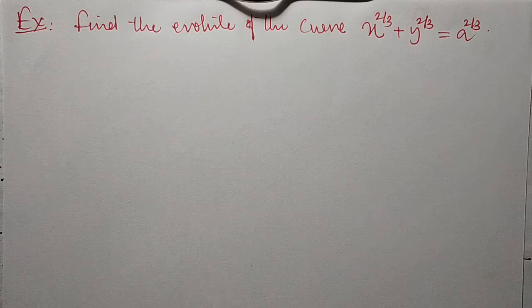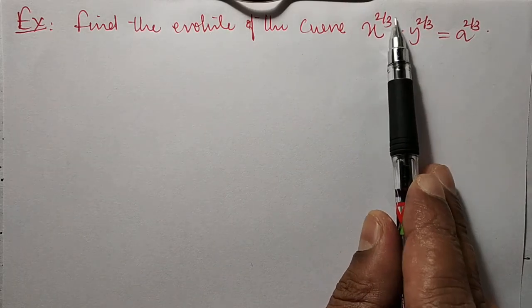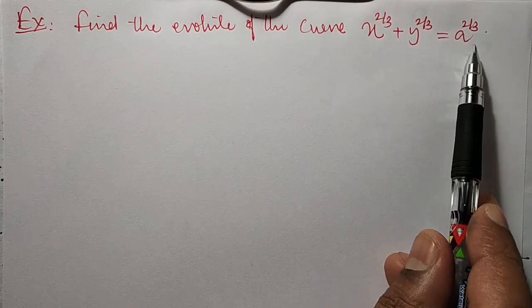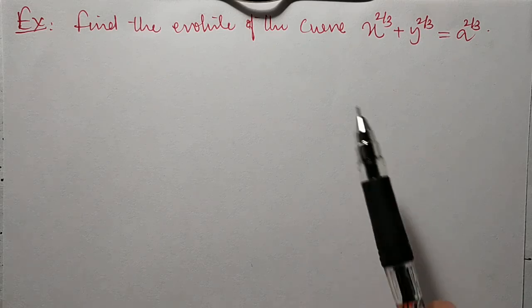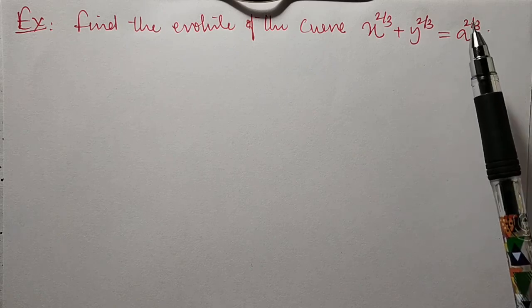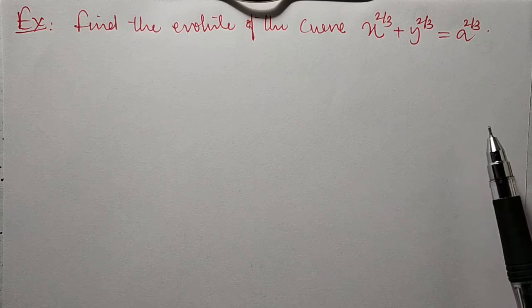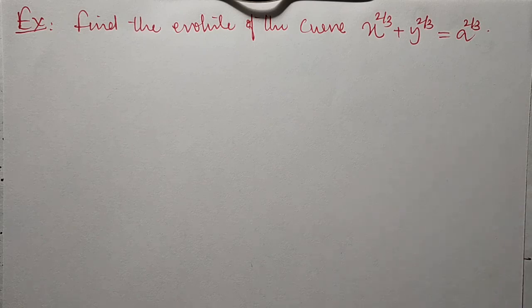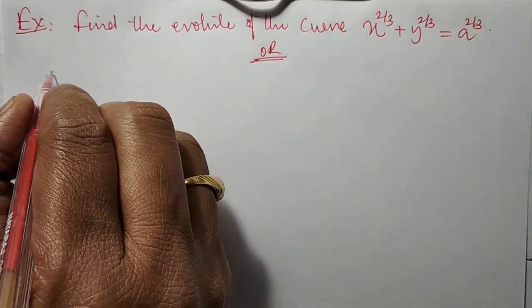In this session, we are going to discuss an example of finding the evolute of the curve x raised to 2 by 3 plus y raised to 2 by 3 is equal to a raised to 2 by 3. Sometimes this question will be asked as: show that the evolute of this asteroid. This is an asteroid. They may put this question like this also. The same question may come as show that